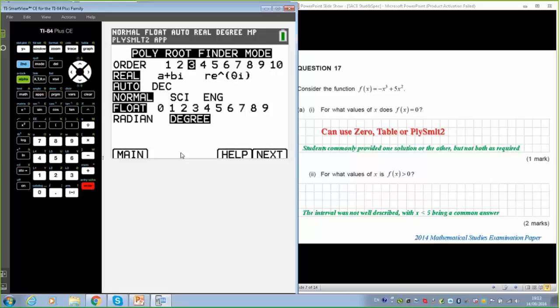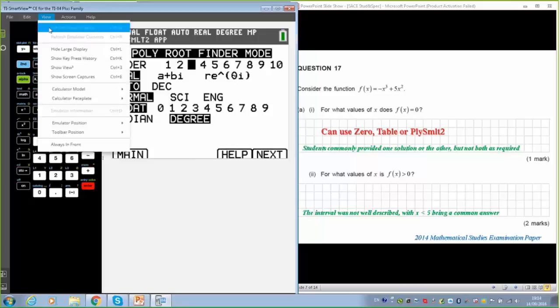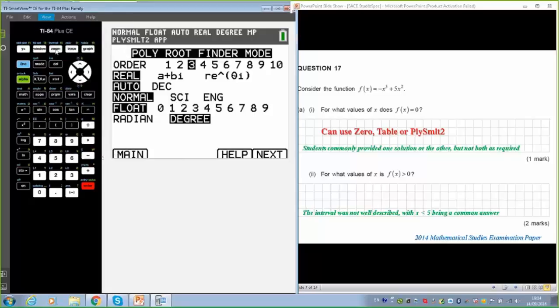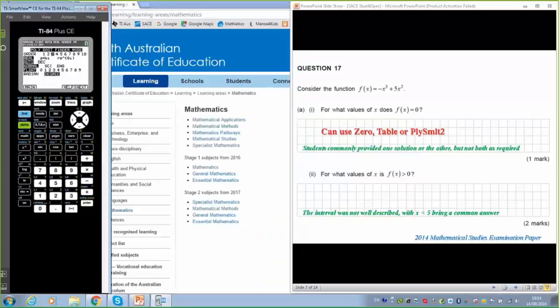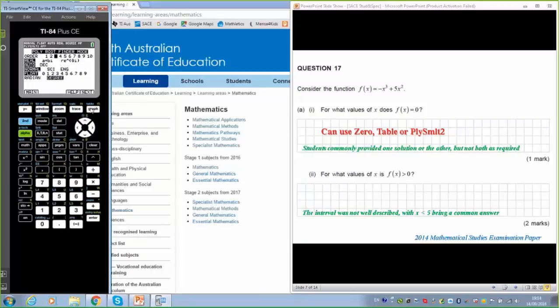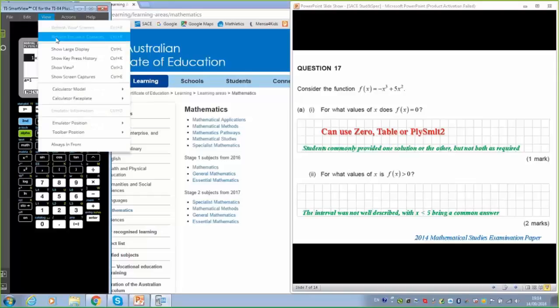Notice these tabs here are linked to the function keys up here. I'll just show you that quickly. So let's hide that large screen. I didn't have it like this because they're linked to the F5 here, the F4 and the main. So when you teach with this, it can be a little bit confusing for the students why you're pressing this button here if it's not above. So I'm now going to change the view back so it is to the side, and we have that larger display.